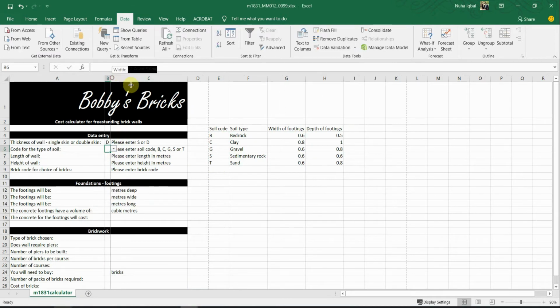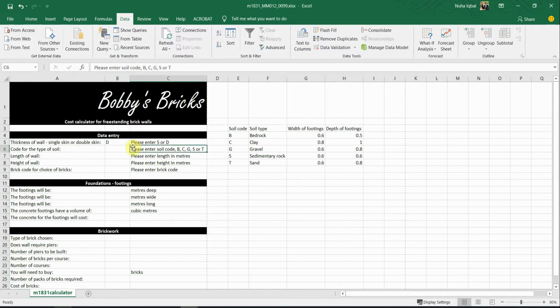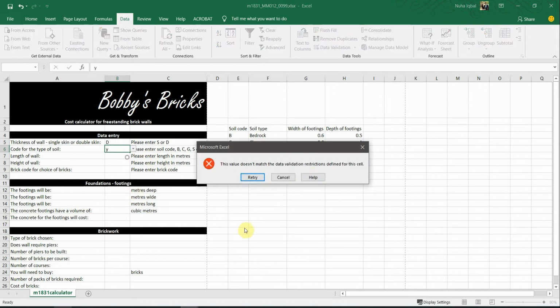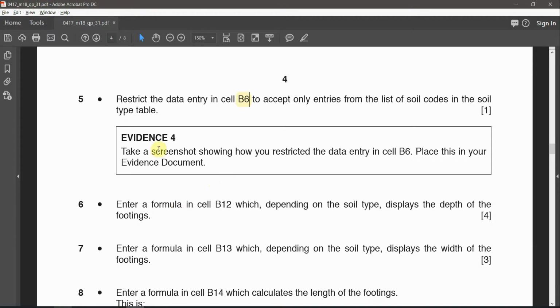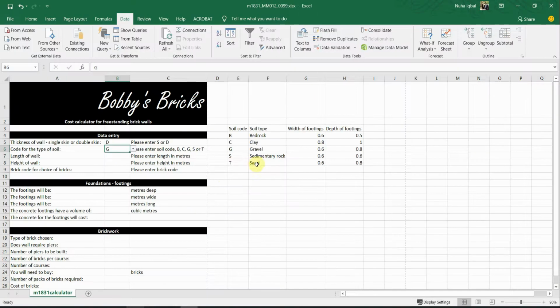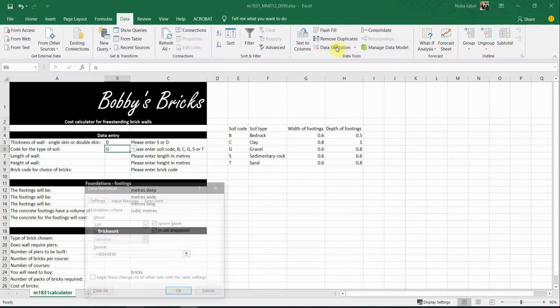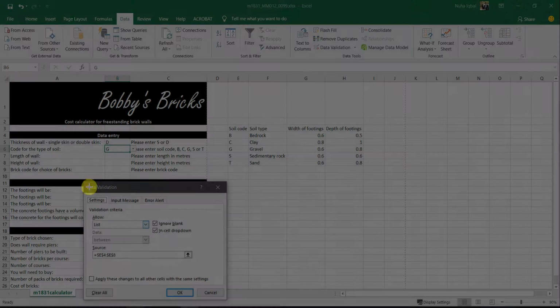And as you can check here, oops, no, I'm going to make it back again. Okay, as you can see here, the letters are coming from here. If you try to put something else, it's not going to accept it. Okay, so right now let's move to the next question. We have again evidence here to show the same thing. So let's show again. Click on data validation, click on this,